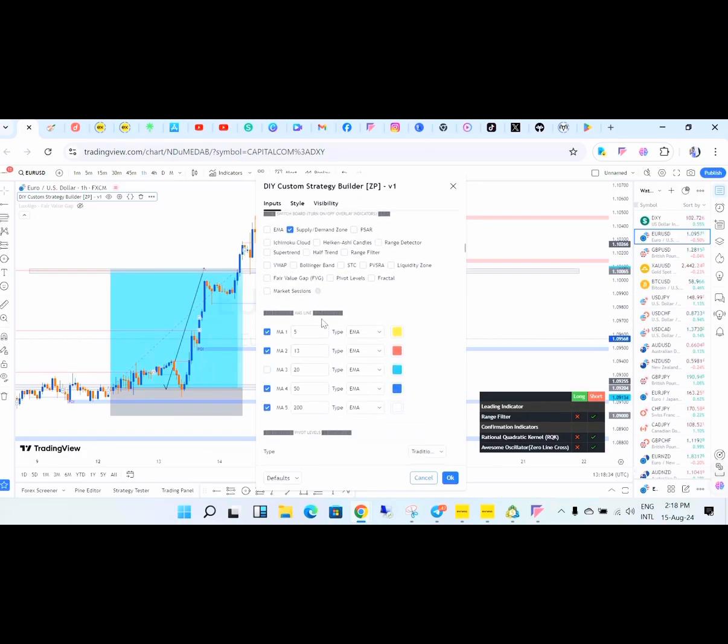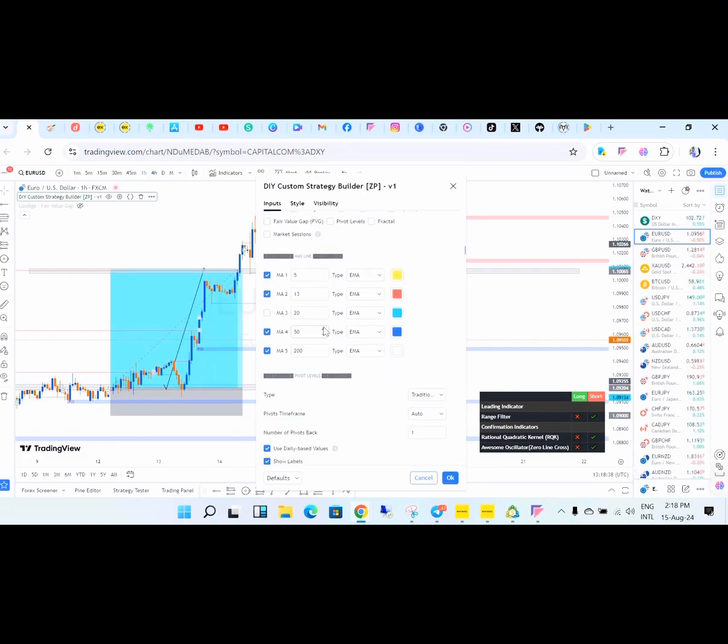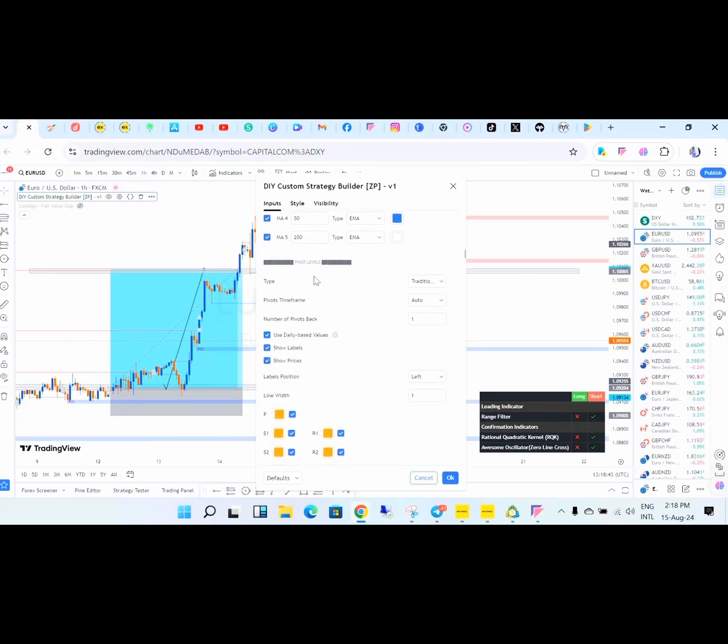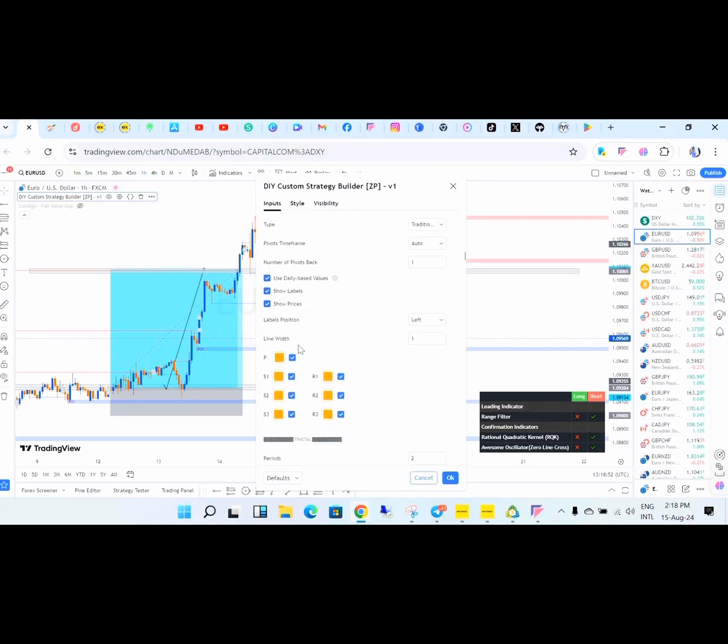Another subheading, mass line. I didn't touch it. I just left all these things like this. Pivot levels, as you can see, is just where it is, use daily, show, and all that. Many of them you will not be able to show or unshow. They are just there, all working hand in hand to make sure the indicator gives you a better